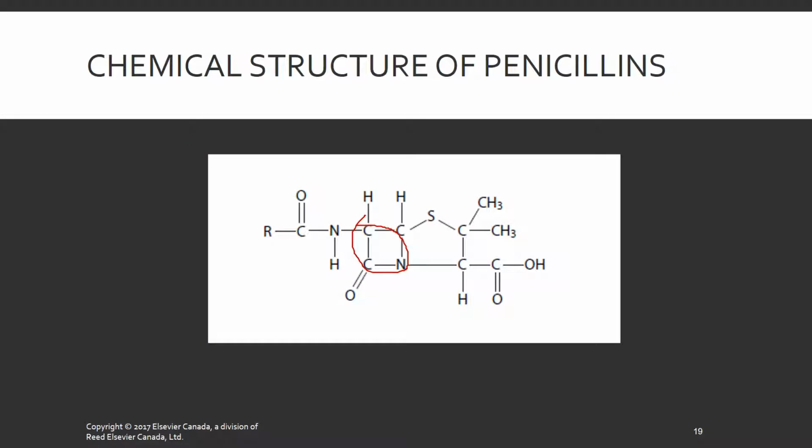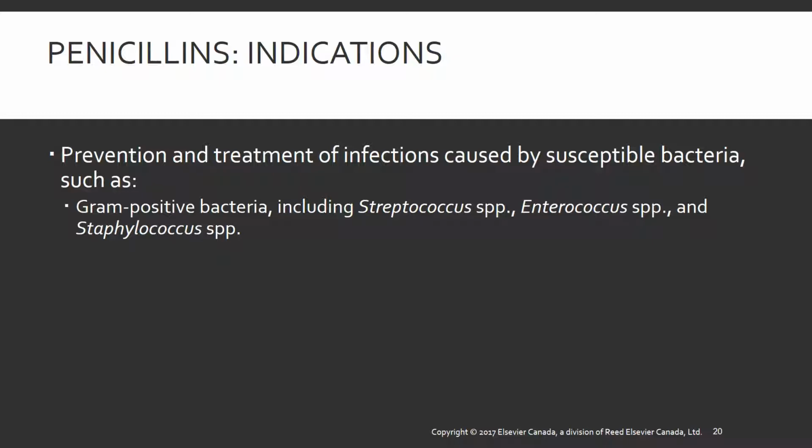So again, here's our chemical structure of the penicillin. Our beta-lactam ring is right there, and that's going to become more important when we get over into our ESBLs. That'll come into play. So indicated uses for penicillins, we're looking for treatment of infections of susceptible bacteria such as gram-positive, strep, enterococcus, and